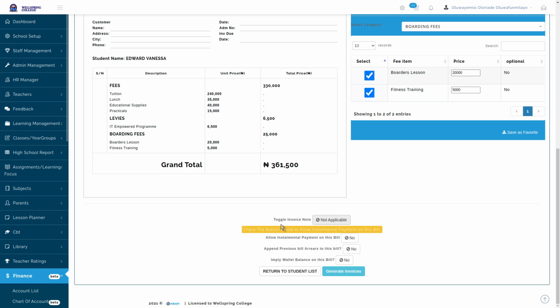So now all you need to do is to click on generate invoices. I don't want us to bother yet about this, append previous arrears and all this. Just assume that